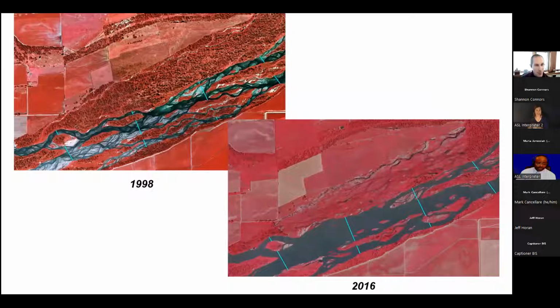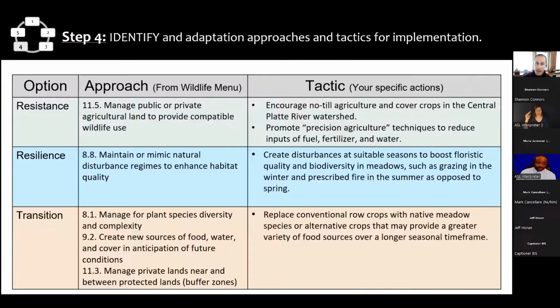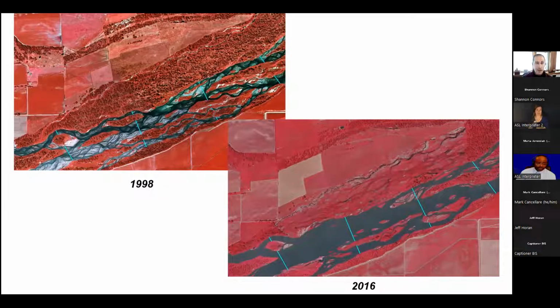The warming winters in this area have changed the timing and duration of ice jams along the river. So ice jams are not as common as they used to be. Those ice jams were really important for maintaining the broad braided character of this river corridor.